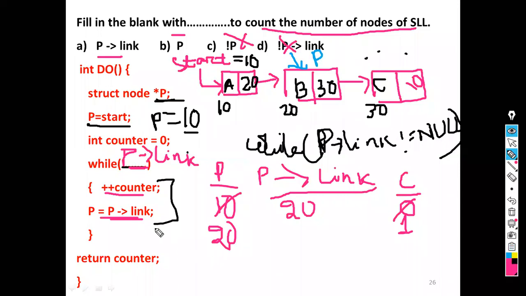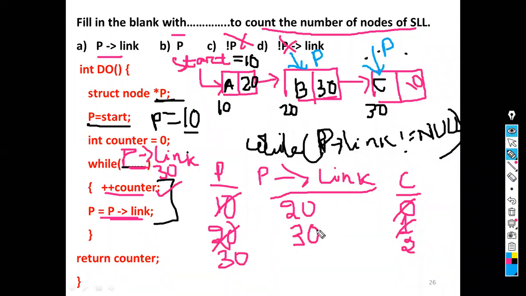That pointer is pointing to the second node. Okay. For the second node, what is the address part? Address part equal to 30. So 30 is not equal to null. Having some value, 30 is not equal to null. So it is going to increment counter equal to 2. P equal to P of link. That means now P equal to 30. Okay. P equal to 30 means now the pointer is pointing to the third node.